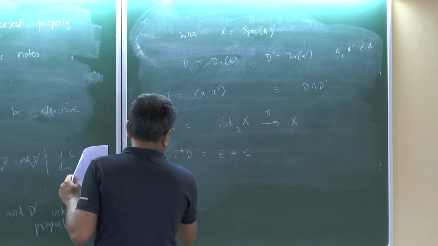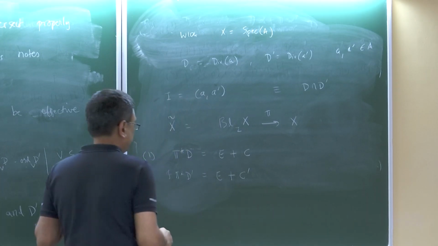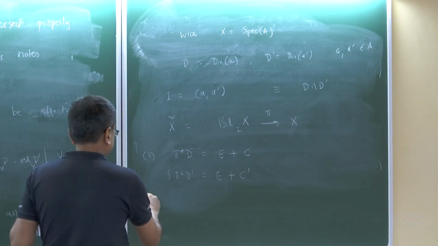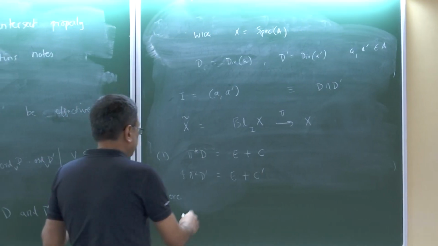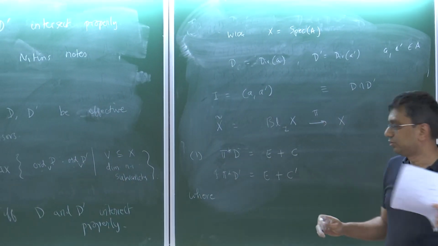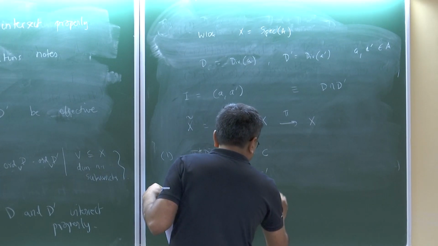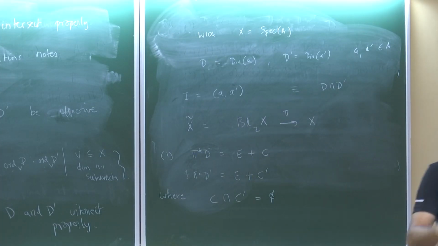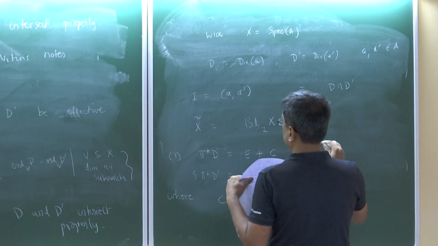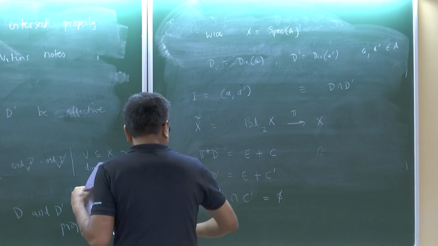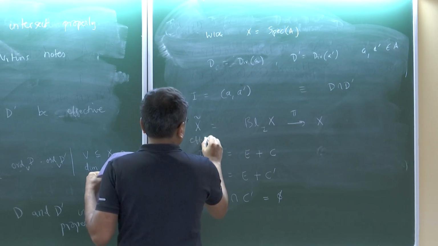And pi star D prime is equal to E plus C dash, where C and C dash don't intersect, so C intersection C dash is empty. First of all, what are C and C dash? They are some effective divisors. So the claim is, let me say that, there exist effective